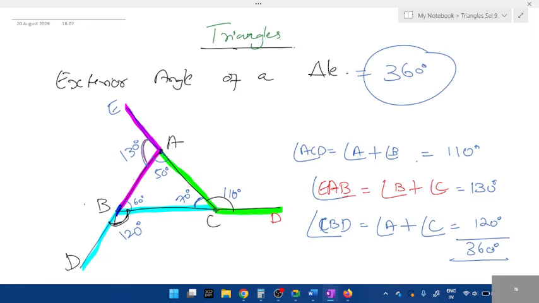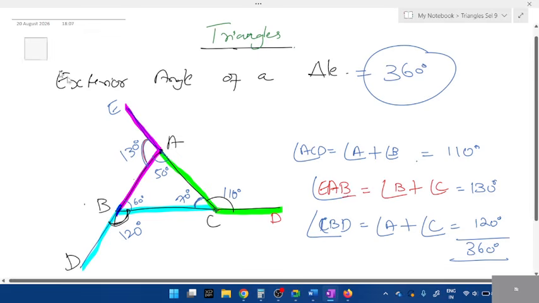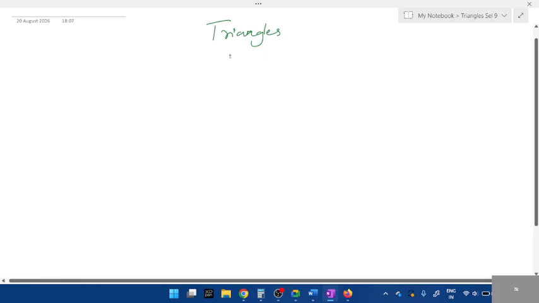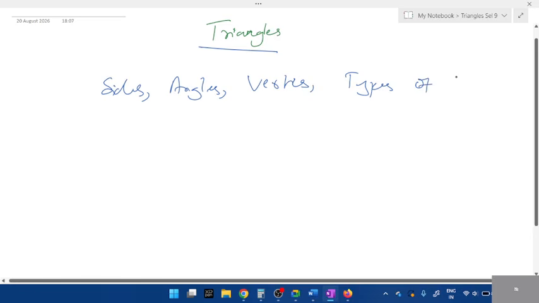All of you completed exterior angle? Okay, that's it, students. That's it for today. Tomorrow we'll continue with congruency. So, what are the concepts we studied today? All of you will respond. No, no, from the beginning. See, at the beginning of the class, I asked you all. You all didn't tell me the order. Correct. Sides, angles, next, vertices, then, this is what I asked you all. Now, is it clear?